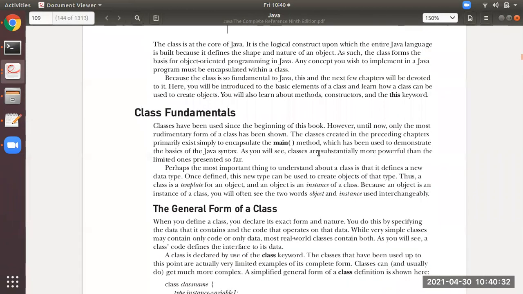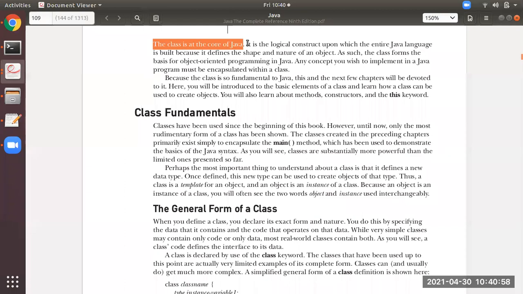Class is a template for objects, like a cookie cutter, and the cookies are the objects, the instances of the class. Don't get confused. Slowly you will understand in detail as we go further with the examples.